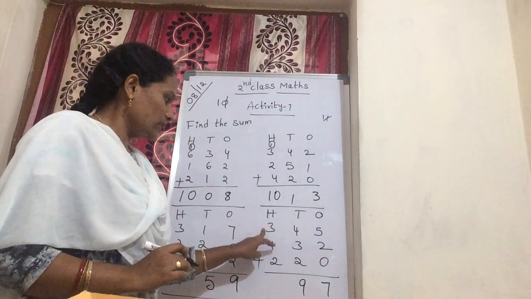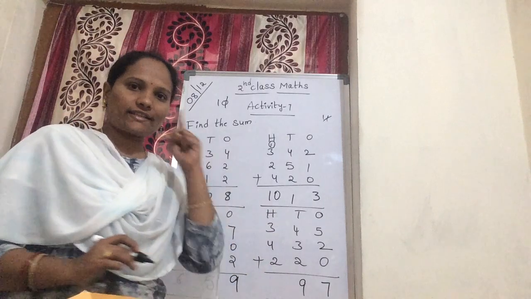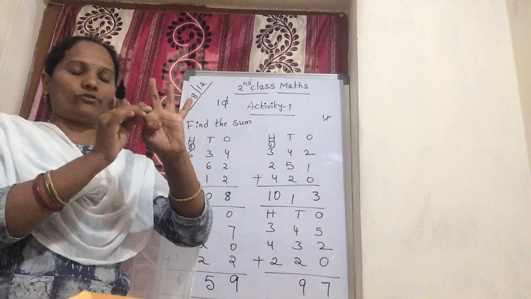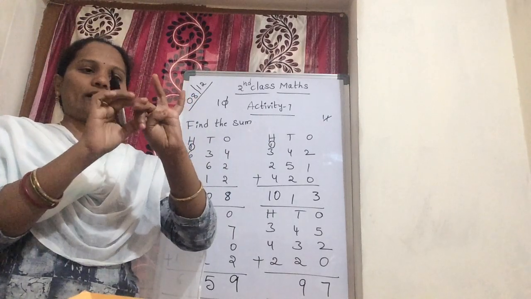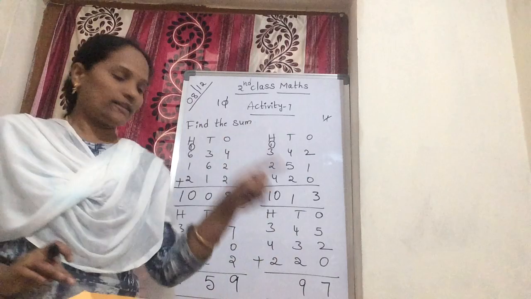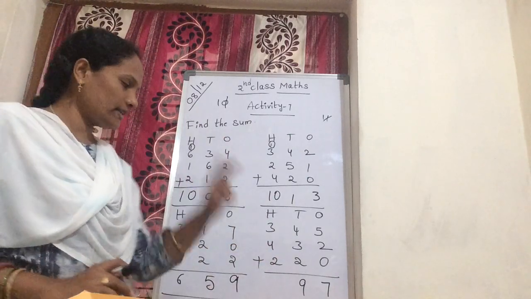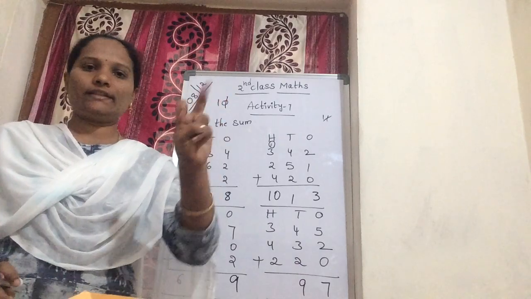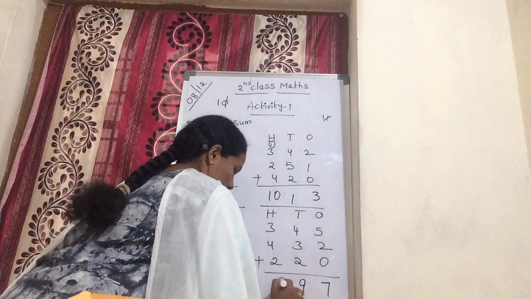Next, hundreds. Now 3 plus 4. Keep 3 in mind. 3 after 4, 5, 6, 7. You get 7. Now 7 plus 2. This 7 is kept in your mind. 7 after again 2. 7 after 8, 9. So you get